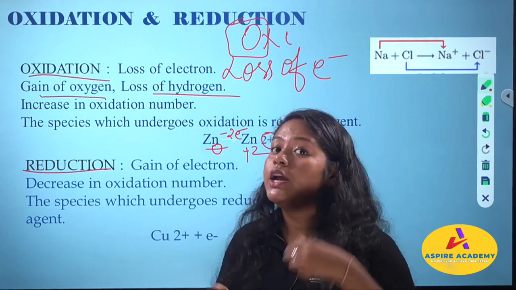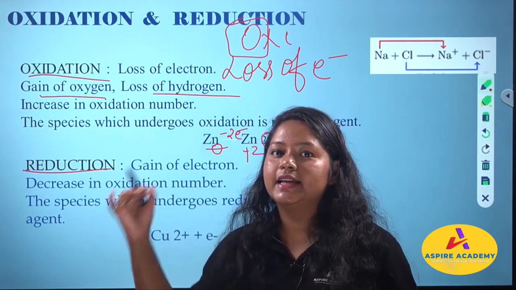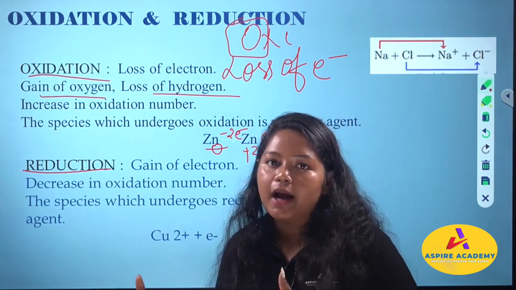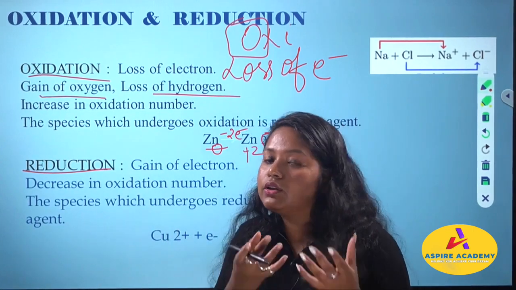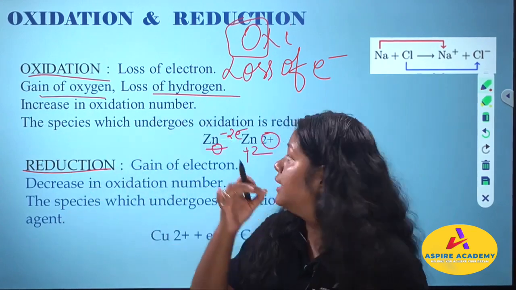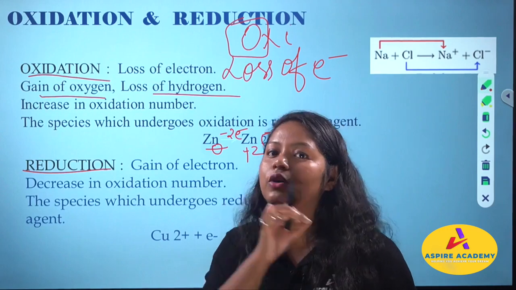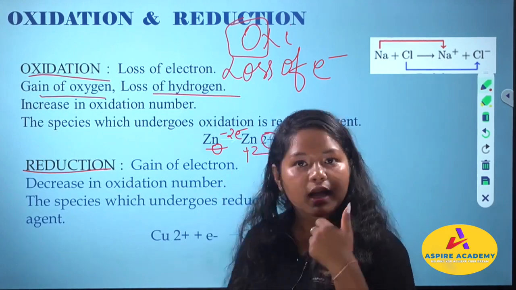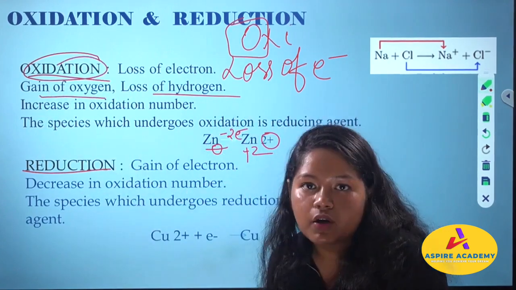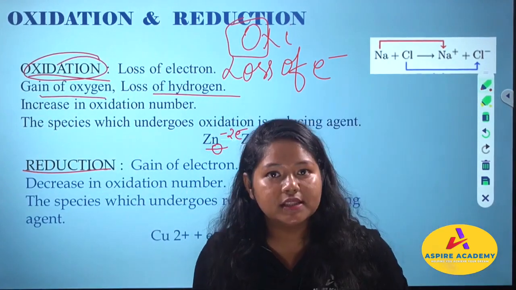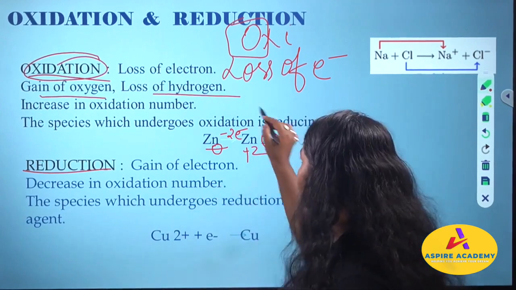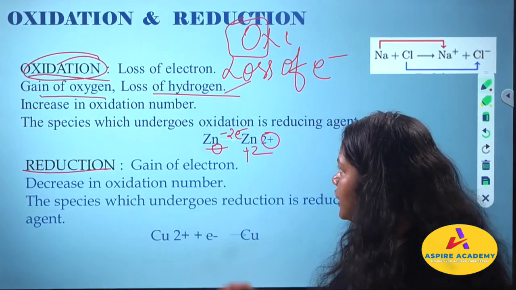So you have to remember that oxidation stands for O. You are not losing anything, you are gaining something. What are you gaining? Oxidation is for O and oxygen is for O, so you are gaining oxygen. Understood? So when you have oxidation, it is gain of oxygen, and when you are gaining oxygen, obviously you have to remember that you are losing hydrogen. Understood?